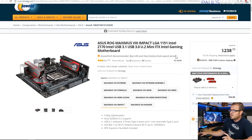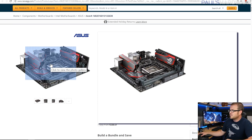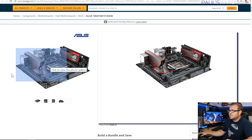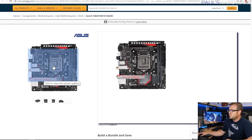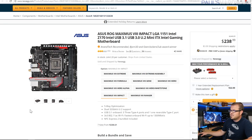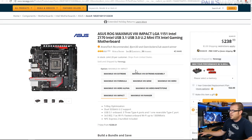And this one is limited a bit around the CPU socket because it has these vertical areas here that it gives extra power delivery for, as well as that Supreme Effects audio module that's sticking up right there. This zoom function really is not doing much for me here on the Newegg website, but anyway, you can still see it there. So there's a little bit more limited space around the socket,